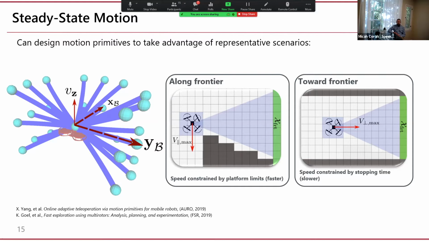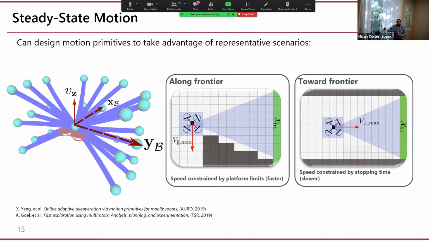We can also think about how to optimize and design trajectories for exploration at high speeds. As I've already mentioned, we take a motion primitive approach, which means that we will be optimizing sequences of more or less predefined trajectory components, so 1, 2, 3, and so on. Now, I would like you to step back a bit and consider the different kinds of steady state behaviors that can occur while exploring an environment.